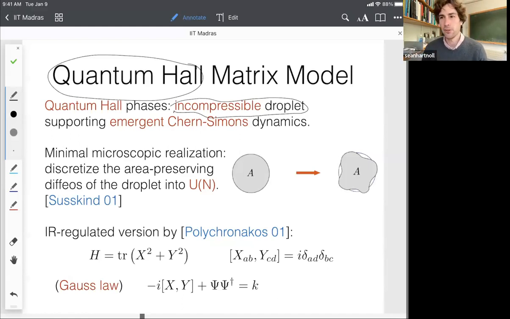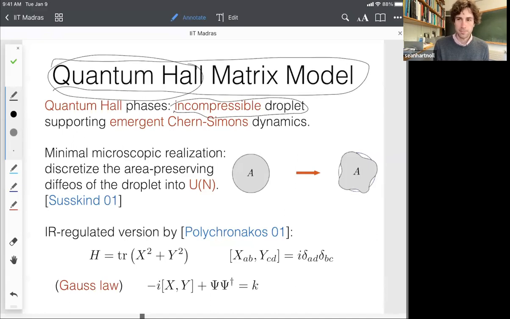Now suppose you say, well, that sounds very nice. I like Chern-Simons theory, I like incompressible theories, but I don't like electrons in disorder and so on. What this quantum Hall matrix model is, is a UV completion of this incompressible droplet that preserves as many of the symmetries as possible. So it's a theorist's UV completion of the quantum Hall effect. I mean that in a very literal way. You can think of this model as a minimal microscopic realization of quantum Hall physics. And the essential point is that